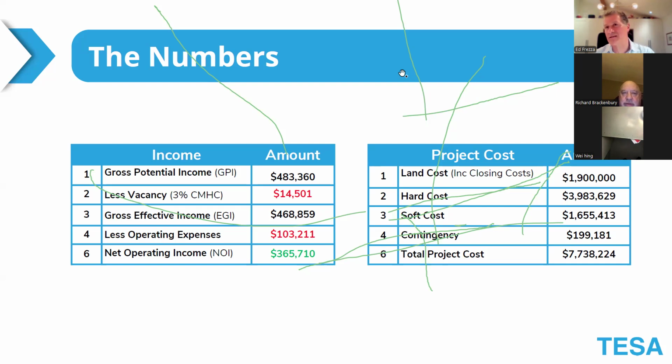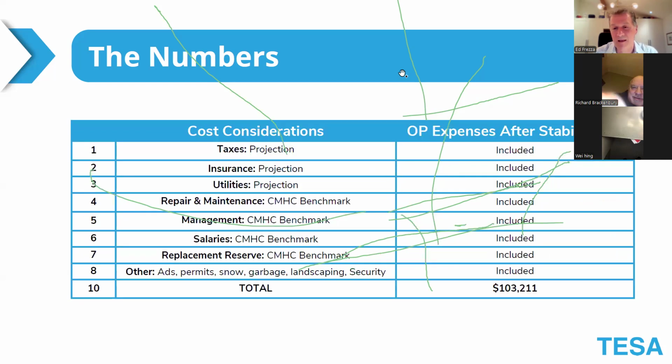It basically means we have no idea what's going to happen in the future in terms of strikes, labor strikes, supply chain changes, etc. So we put a bit of safety net, if you will. So the numbers for hard and soft are done to the best of our ability, but then we realize that there's always an error component because we cannot predict the future with more than so much certainty. So that's put into the numbers, and we get a total project cost of 7.7 million.